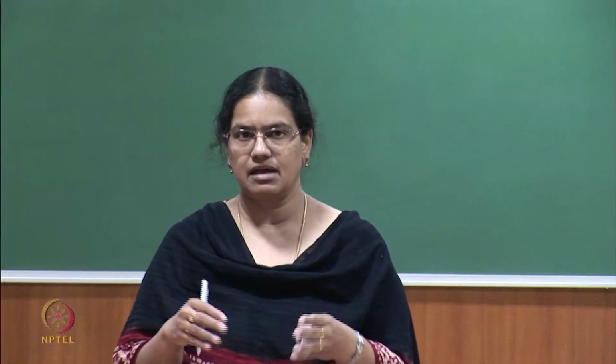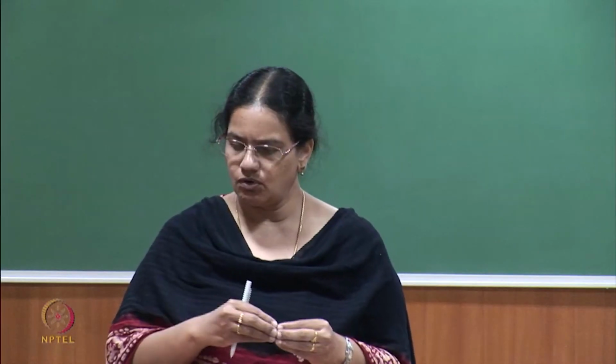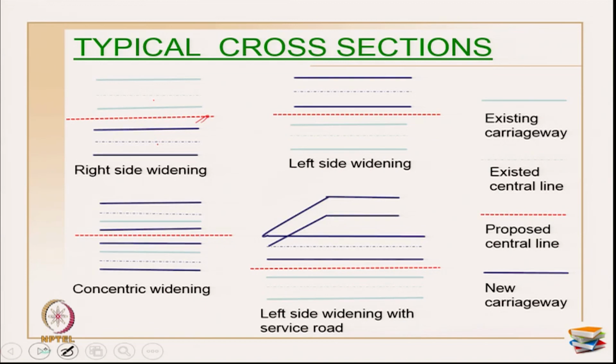If you want to draw an LOB diagram, you may identify a few activities, for example, wet mix macadam, granular base, sub-granular base, excavation, embankment. You will have a similar set of activities throughout the entire stretch. But the items or the sub steps under each of these activities will not be the same because of the differences you may have to go through in the project. Somewhere you may have to do right side widening, some place left side widening, some place concentric widening, and accordingly the sub activities or the sub steps in each of these activities will start differing,